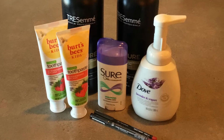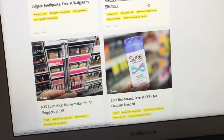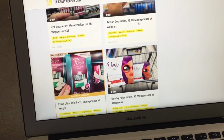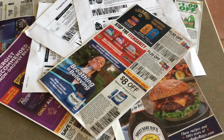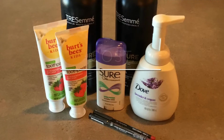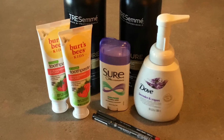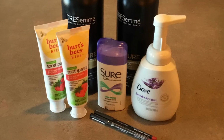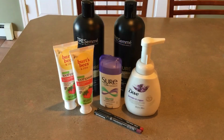Focus on stocking up on things that are free or that are money makers. You can do this by finding a website that shows what coupon items are on sale or free or money makers. When money's really tight, using coupons will help you to get the things you need to be prepared. The things I have pictured here cost $1.58 total for everything, and it would have cost less except they overcharged me for the shampoo. If you try to get a few things each week, you will have a nice stash